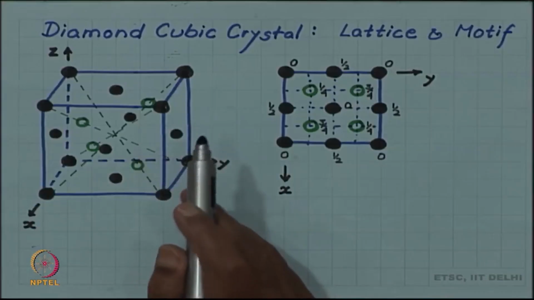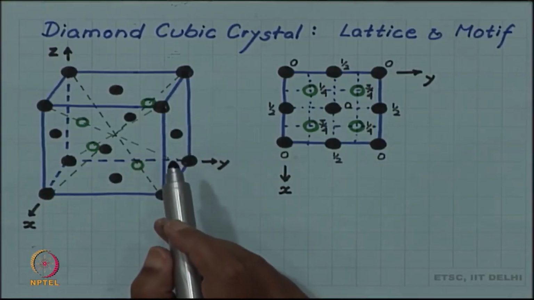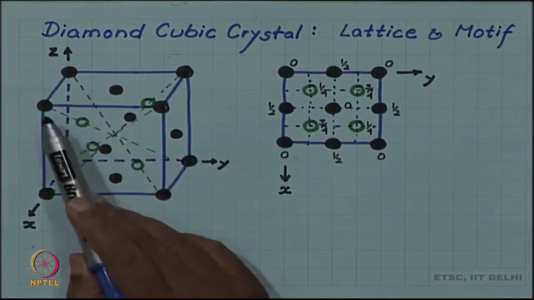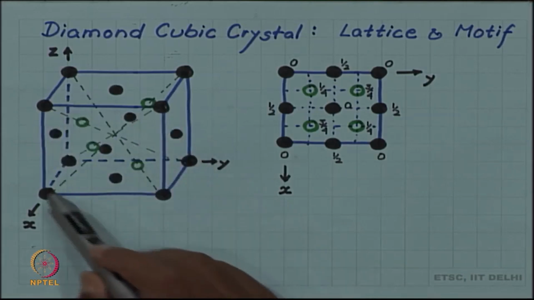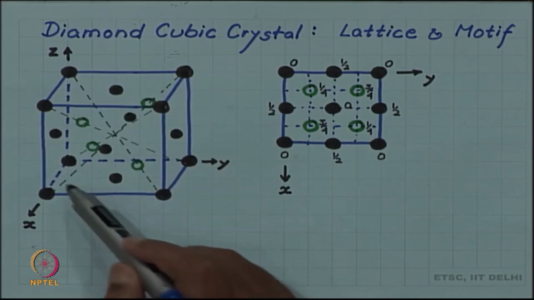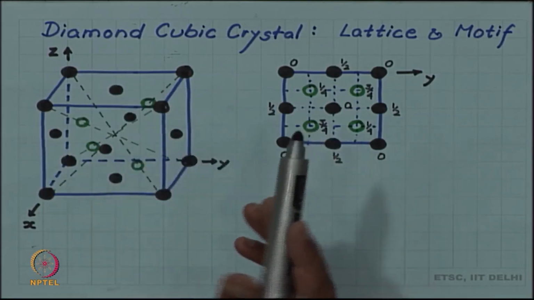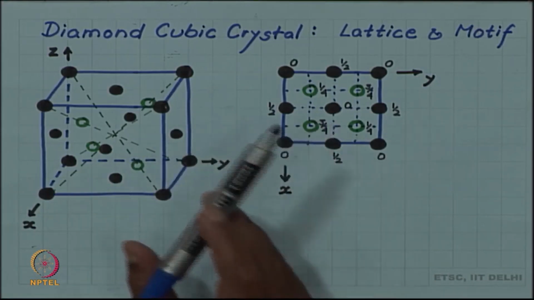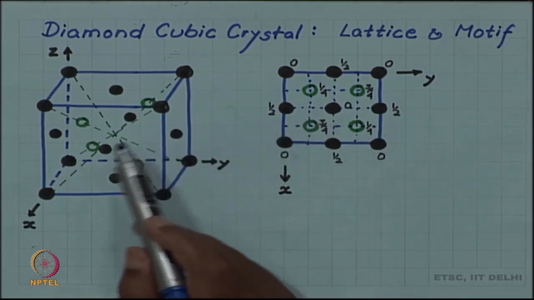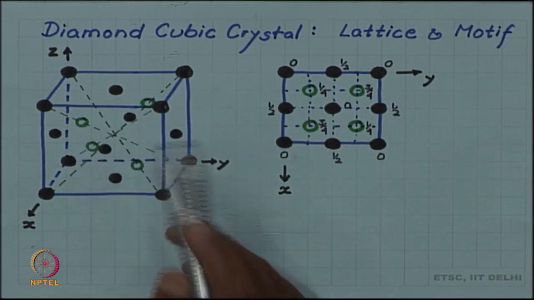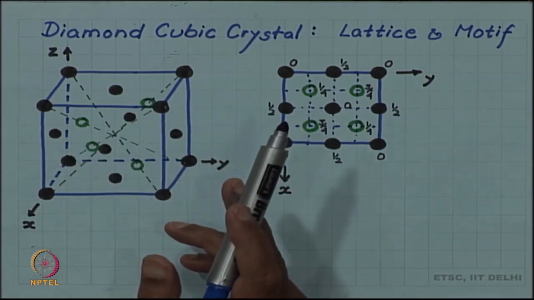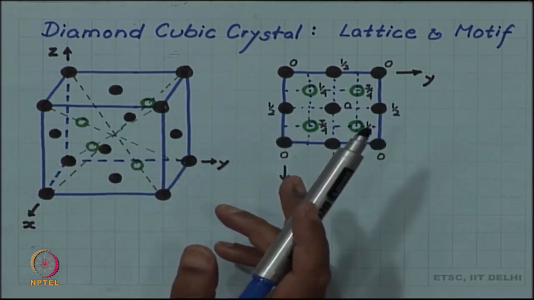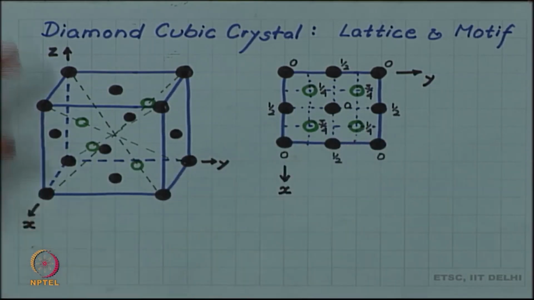We already know that face centered cubic is a lattice. Which means that in the face centered cubic unit cell, all the black atoms located at the face centered cubic positions are equivalent in the lattice sense. So, they are forming a lattice, there is no problem. However, the additional 4 atoms, whether they are at lattice points or not, is what we have to check. So, let us